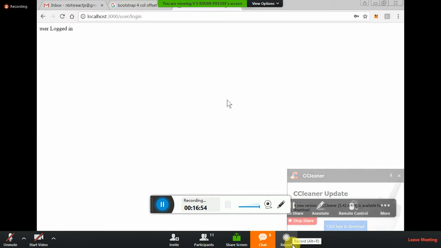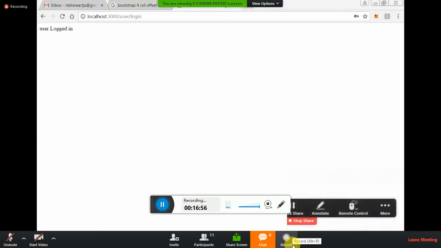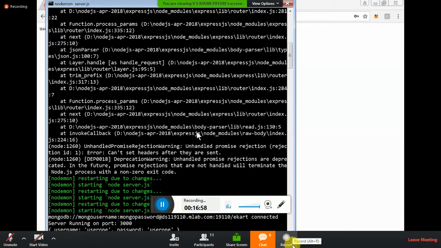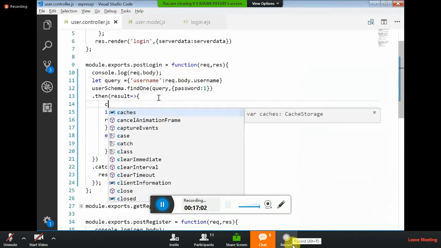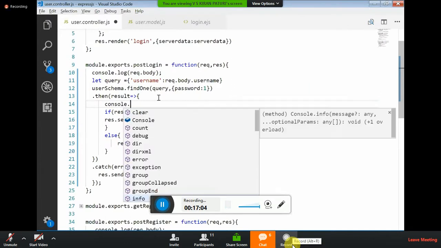Wow. That means user logged in. Let us see the result that we are getting as part of the thing that we have done. Console.log of